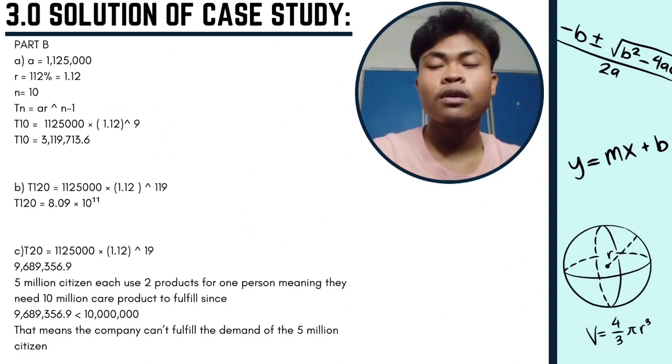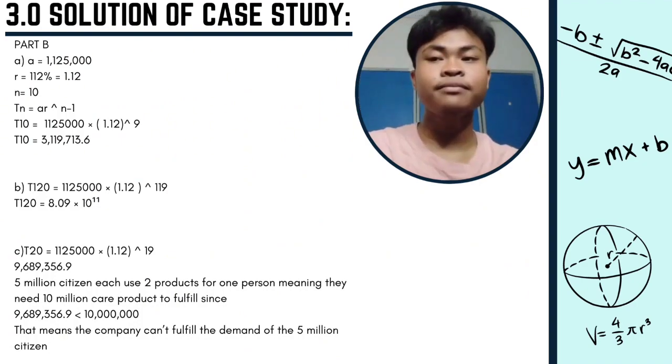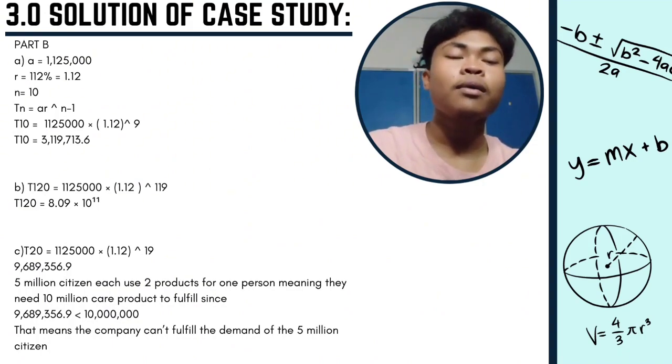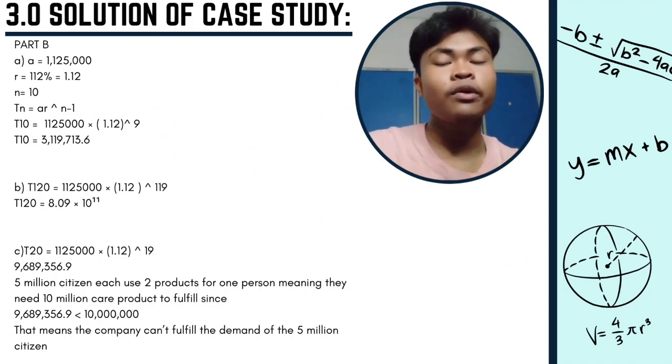Question B. While using the same equation, we can get the answer really quickly, which is T120 equals 8.09 multiplied by 10 to the power of 11. Question C. While using the same equation, which is Tn equals ar to the power of n minus 1, we can get the answer, which is